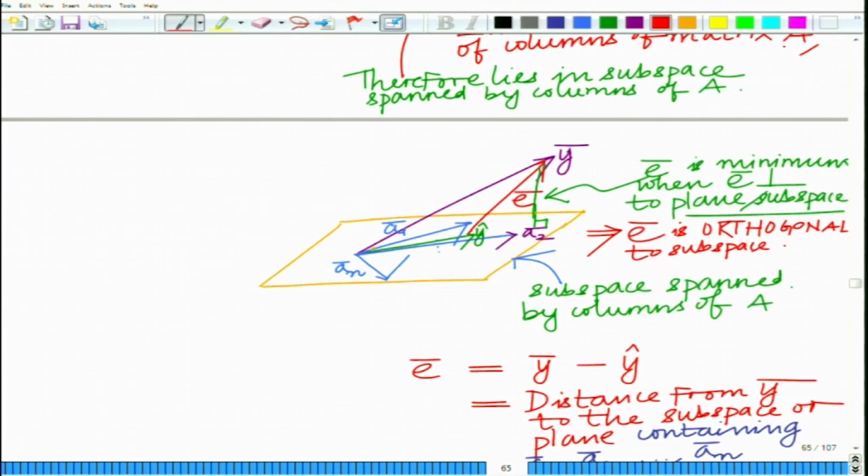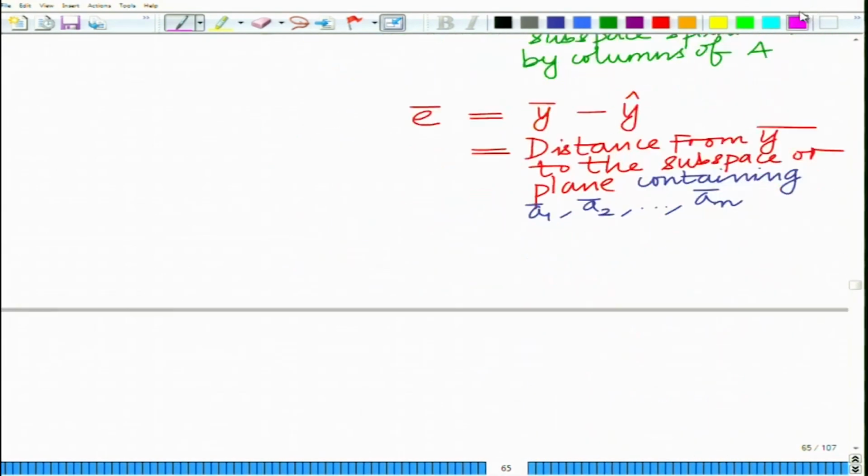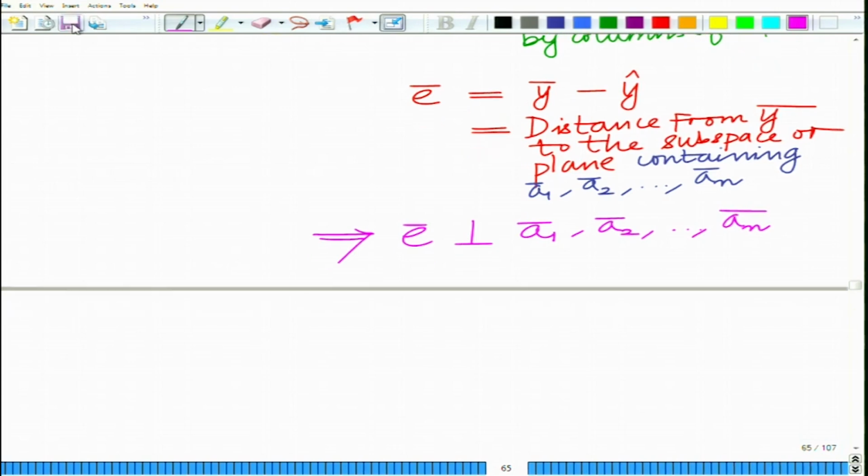And when is this orthogonal to the subspace? This implies that E bar has to be orthogonal to each of the vectors in the subspace. This means E bar has to be perpendicular to a1 bar, a2 bar up to an bar. So, E bar has to be perpendicular to the subspace, and we know the condition for orthogonality. The two vectors are orthogonal when their inner product is 0, which means we must have